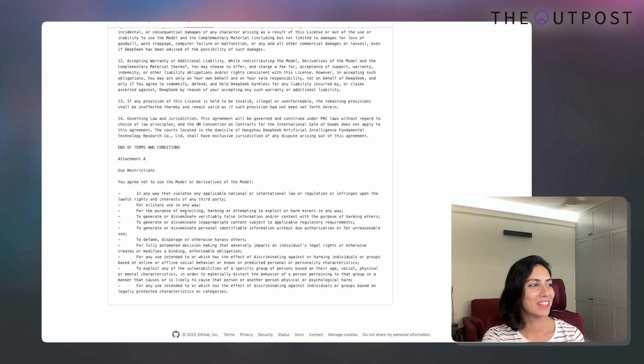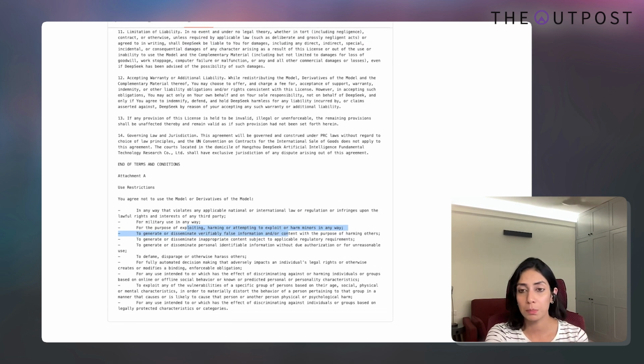And then exploiting or harming people or minors in any way and stuff like that. So good stuff, well thought out, while still being very open and engaging in what they want people to do with the model, how they want them to use it, and still having a perspective on the restrictions that they see coming in, right?